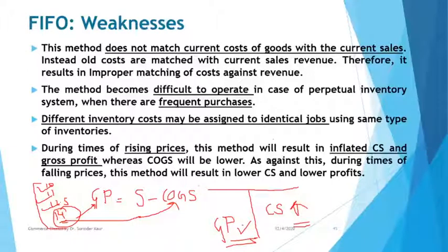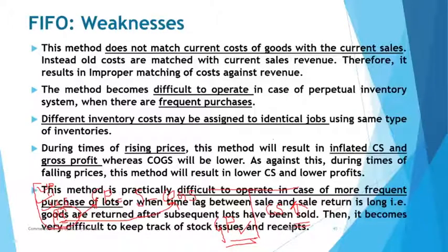Another is the effect on the opening stock. Your opening stock which you are carrying forward from the last year will have the reverse effect, because opening stock is negatively related with the gross profit. So this is an important limitation of this system. I hope the whole system along with its advantages and weaknesses is clear to you, and you can practice some more questions. Now in times of rising or falling prices, this point must be taken care of.